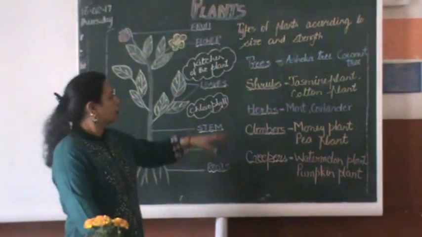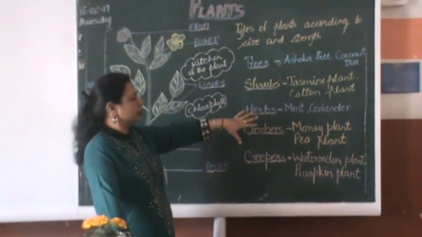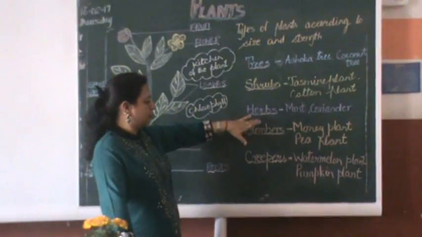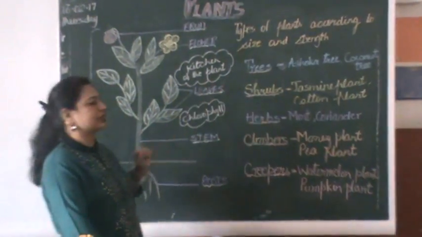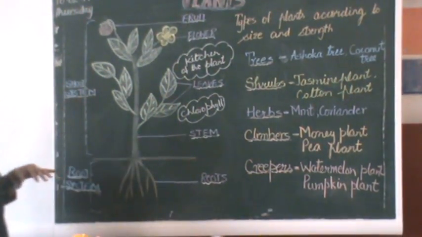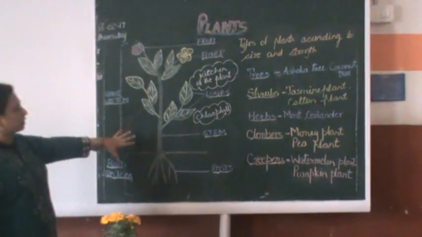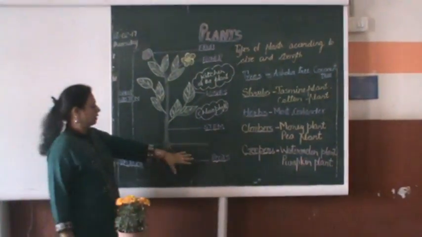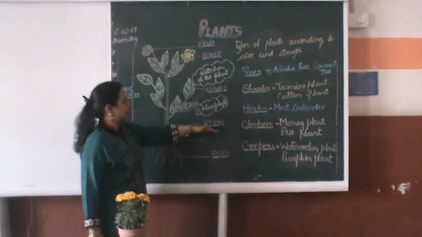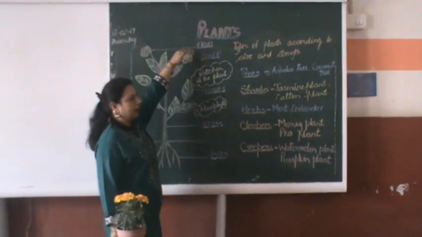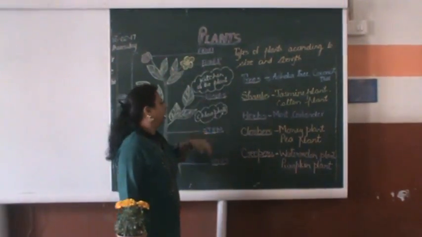So now you know all the types of plants. They are trees, shrubs, herbs, creepers and climbers according to their size and strength. Now let's revise the different parts of the plant. The parts of the plant are roots, stem, leaves, flower and fruit. And let's revise